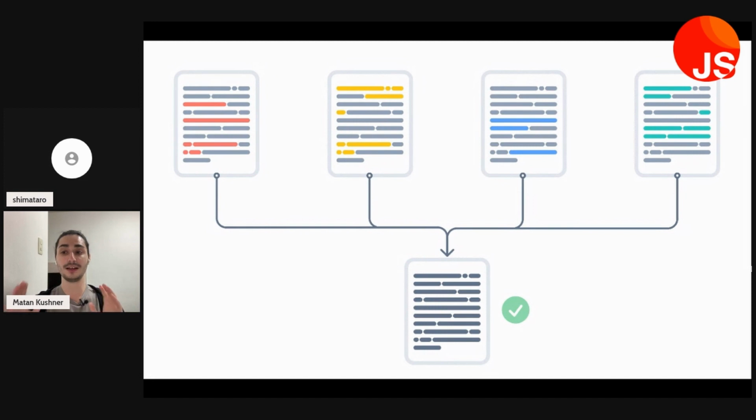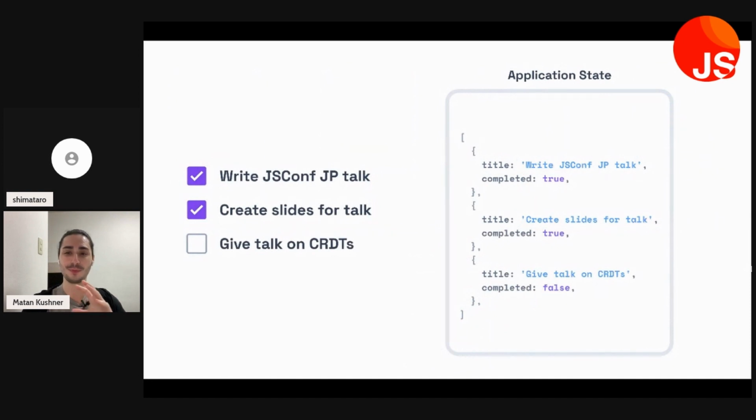In this talk, we won't be talking about text specifically, but we're going to be turning a to-do list into a real-time application. We also won't be covering things like real-time networking or offline storage methods. Each of those deserves its own talk. Instead, we'll be talking about the underlying structure of a CRDT to make mergeable structures.